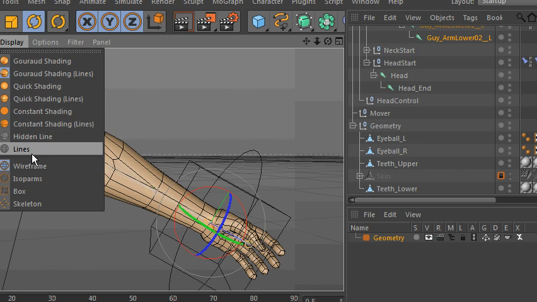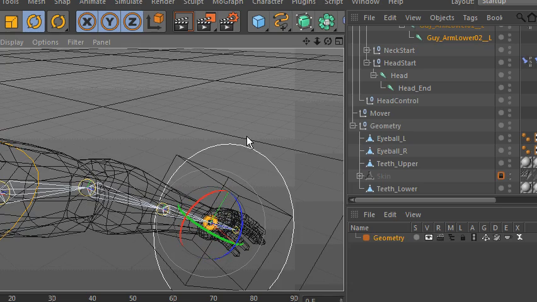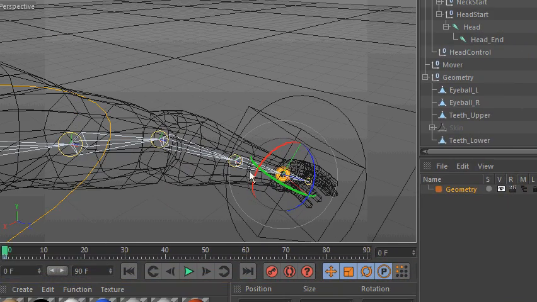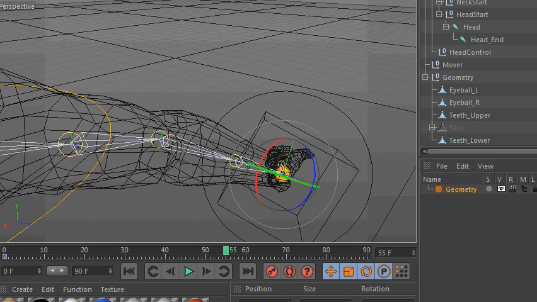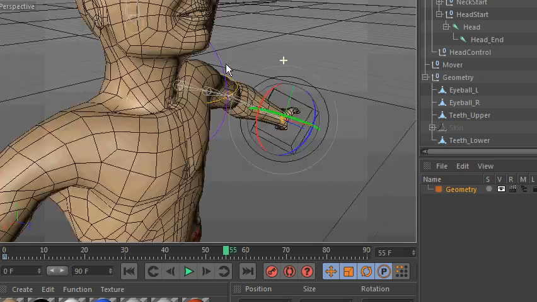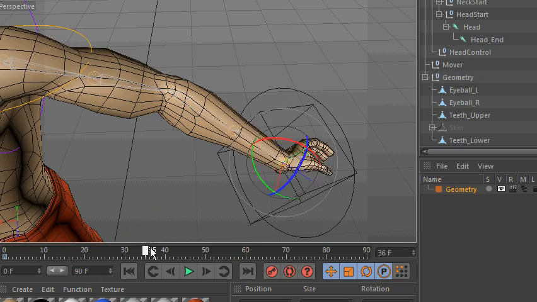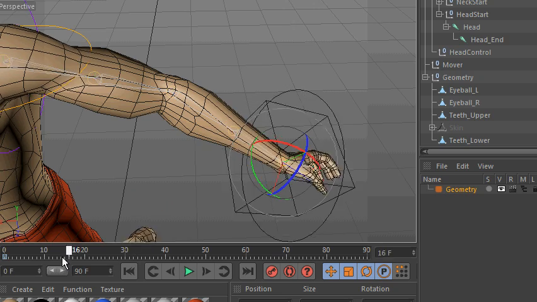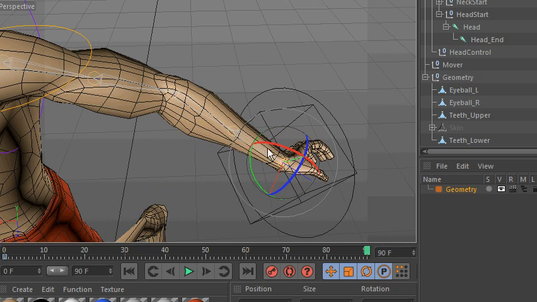And maybe go to that view. That's better. Alright, I made a little animation here. And maybe this is better for now. Okay. So you can see that this joint here, the second half of the lower arm, is following the twist of